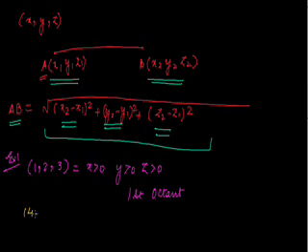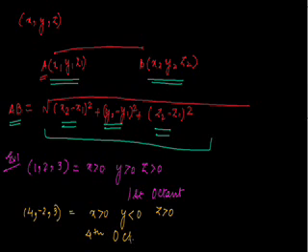Second is (4, -2, 3). We can see that x is greater than 0, y is less than 0, and z is greater than 0. So if x is positive, y is negative, and z is positive, it will lie in the fourth octant, because in first to fourth, as we can see, z is greater than 0.